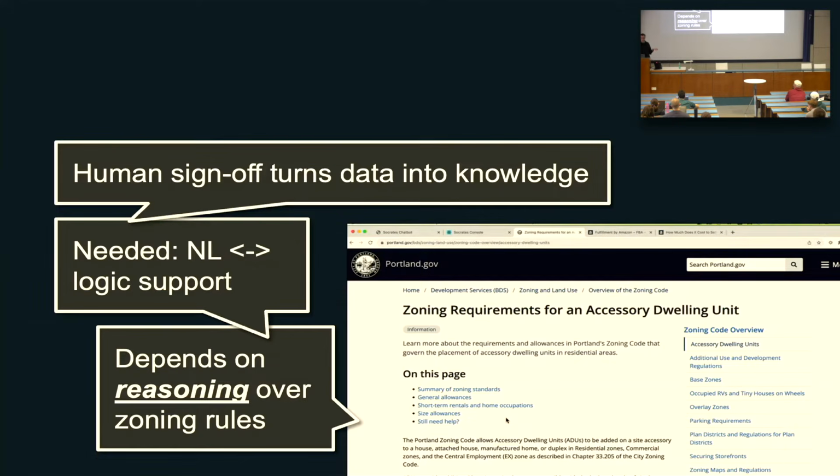And there's this really amazing opportunity where you can get a large language model to go over a whole bunch of text and then encode something into logic for you. It might not get it right, but if you have a really amazing user experience, if you can help the human who understands natural language only understand what's in that logical formulation, then you can get them to sign off on it, and that becomes knowledge, right?